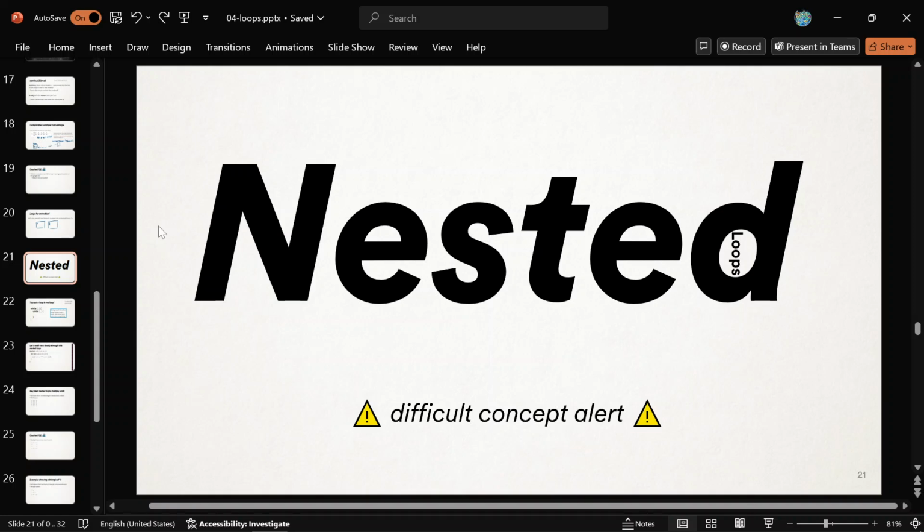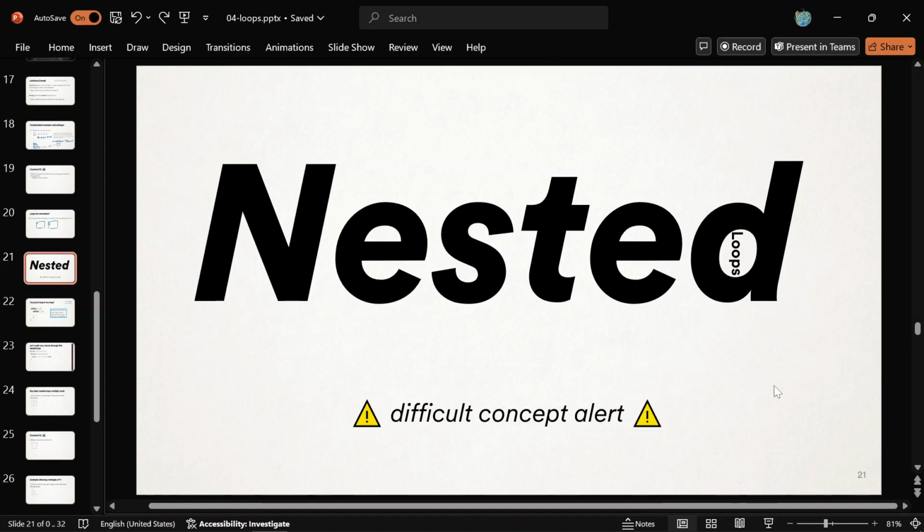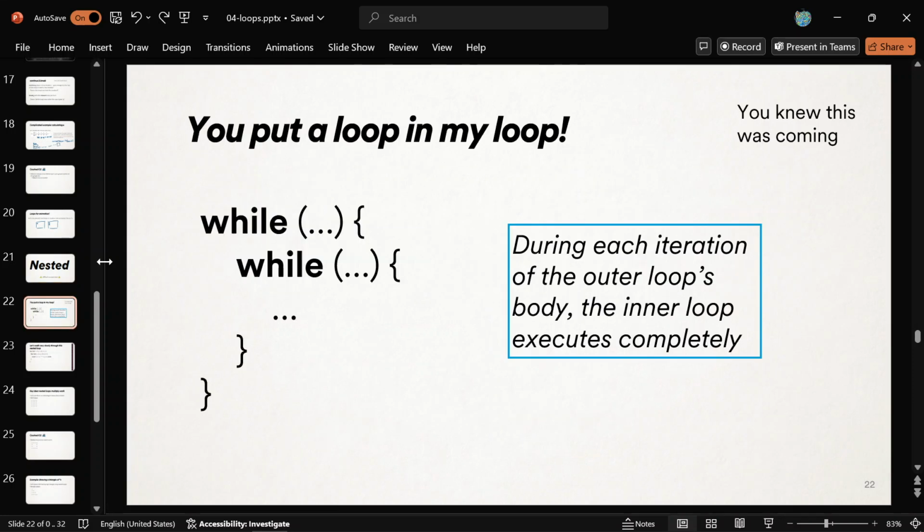So when you put a loop within a loop, it's just more code, right? You knew this was coming. This is traditionally a difficult concept for CSCI 40 students, so pay a little bit of extra attention to the rest of this lecture, okay? And ask lots of questions. We're going to put loops in loops, because you can put any arbitrary code in the body of anything. Let's make this happen, all right?